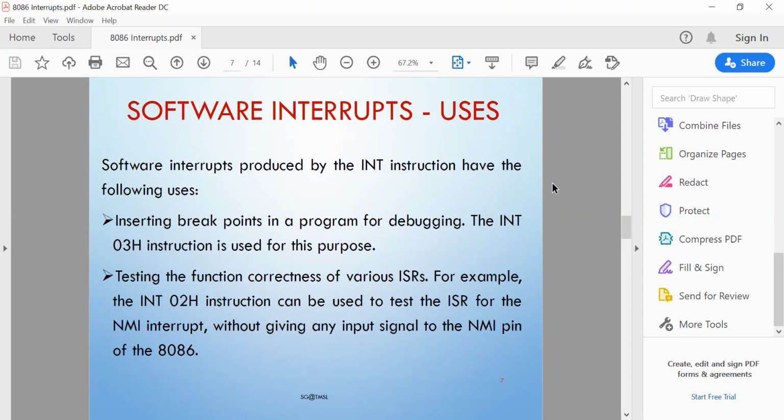So that is why, to stop the execution of any program, the last line should be written as INT 03, not the halt instruction. But theoretically you can write it as halt or INT 03 as per your choice.